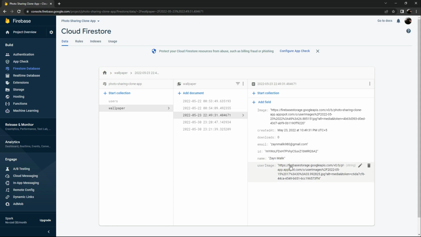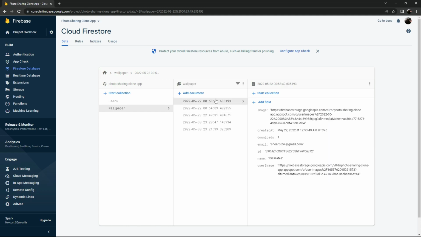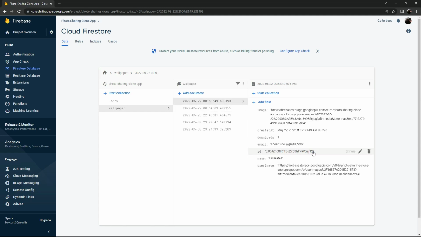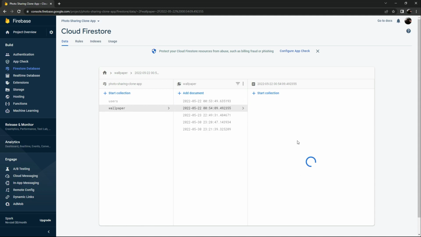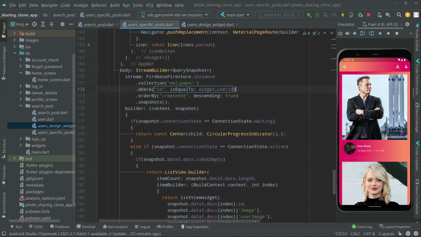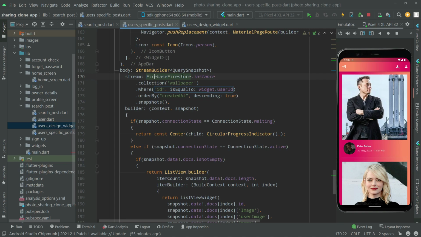If you click on Zain Malik, we will only be able to see his post. And if you click on the Bill Gates, we will only see his two posts, as I showed you right in here. Let's go back to the Android Studio, and I hope you guys can get the idea now. That's why in here we make our instance, there we go with the Firebase Firestore, in the collection of wallpaper, where the specific ID, as I showed you in the Firebase,